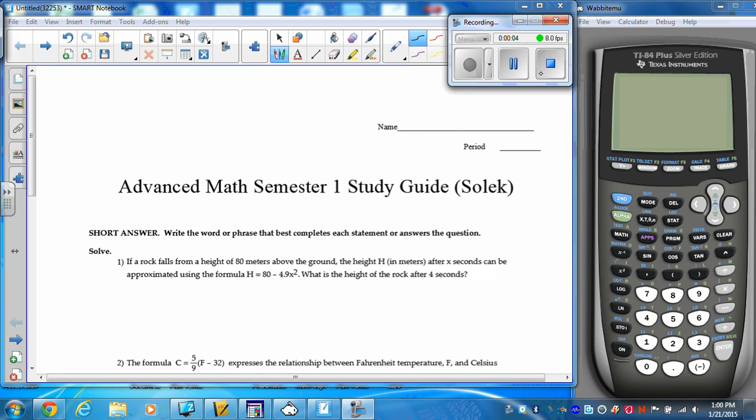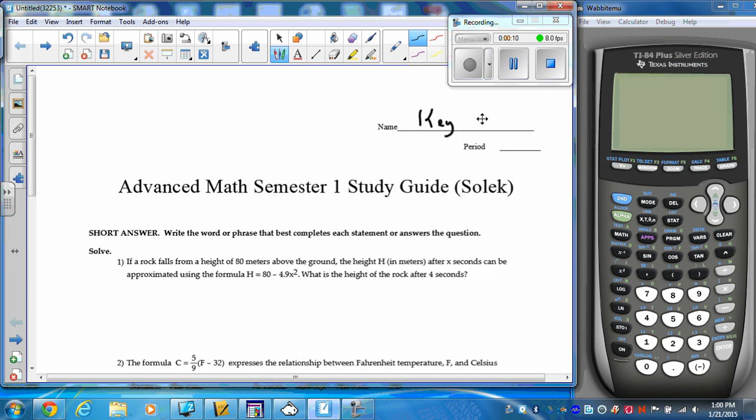Hello, this is the study guide for our semester exam. This is the key for advanced math, periods 3, 4, and 7 for Mrs. Solik. So in question number 1, we're supposed to write the word or phrase that best completes the statement or